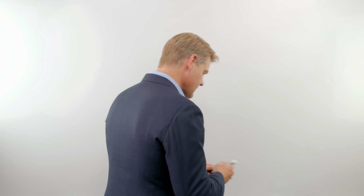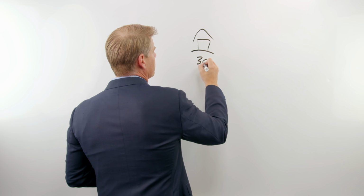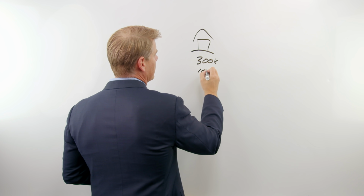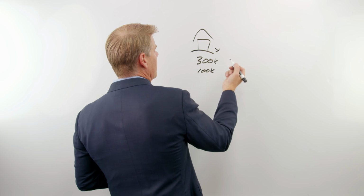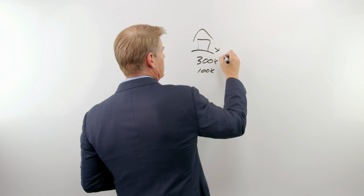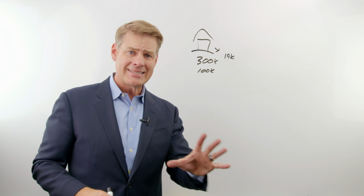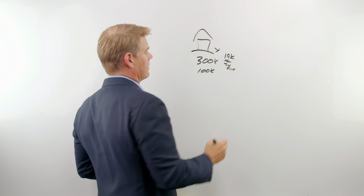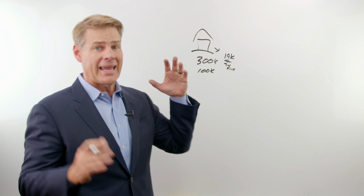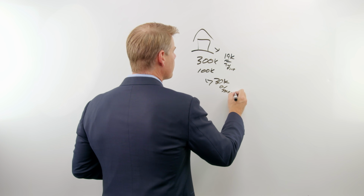So what is the strategy and why would you consider it? Well, here's the way it works. Let's assume that you have a piece of property right here, and this property is worth $300,000. Your cost basis in the property is $100K. Now, you're generating on an annual basis from this property, let's say $19,000 a year. So, how do I take this property that generates $19,000 a year, make this income tax-free, and also get the IRS to give me a tax deduction for $30,000 or more